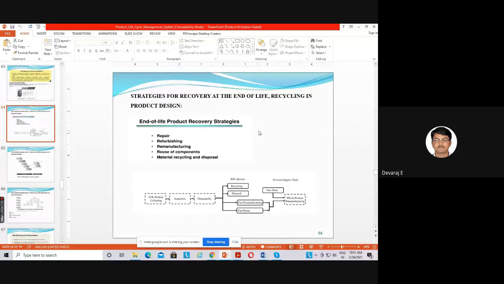So, end of the product. Okay, so what strategy can we make? Again, we can manufacture the product and we can sell it once again. So what are the different types of strategies we can update in the product? Assume that the product is at the end of the cycle, or you can say at the decline stage. So what strategies can we update in the existing product,